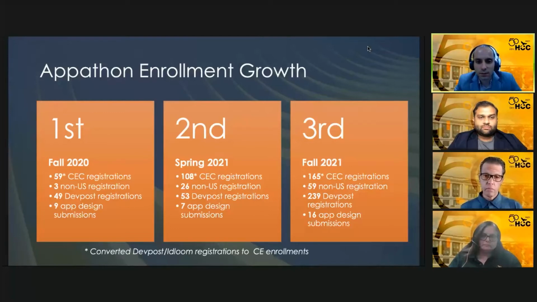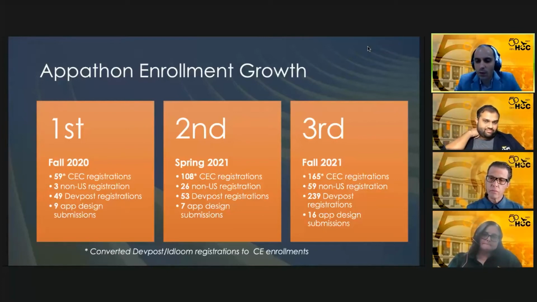As you can tell, spring 2021, so within a semester, we more than doubled in terms of outside non-US registrations. You can see that number went a lot higher. We had more registrations. We had fewer submissions, but that's because we had a lot more participants. The actual team participants was 16 or so, and the first one was 9 or so. The third one, as you can tell, the recent one that Ravi mentioned, we had a lot more registrations. This is when we went sort of global, right? A lot more